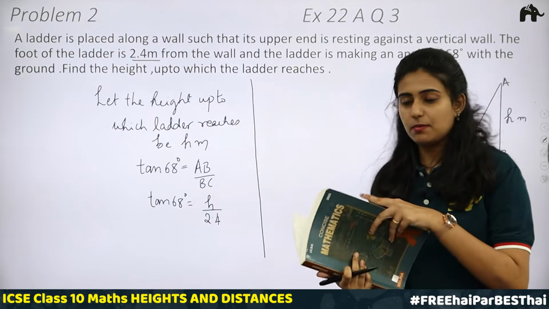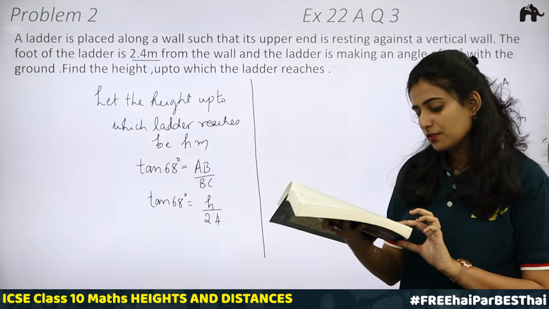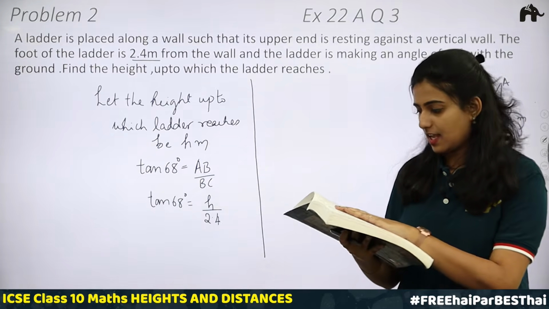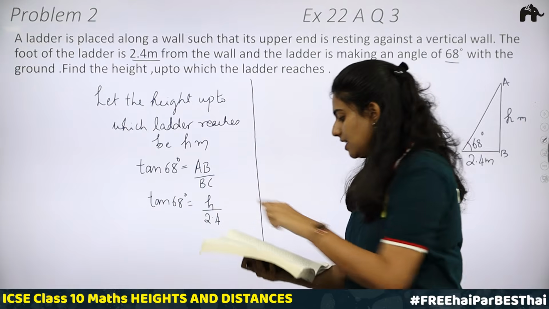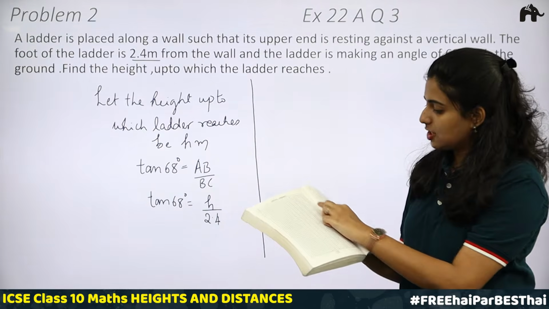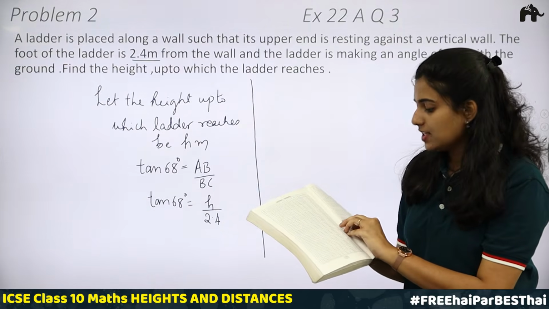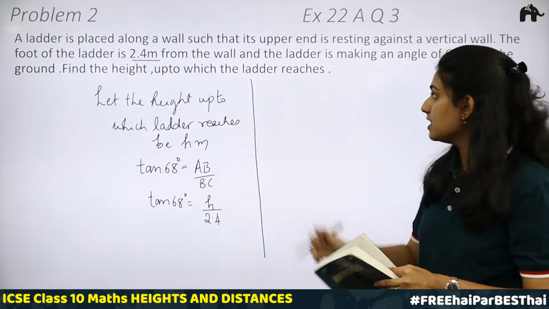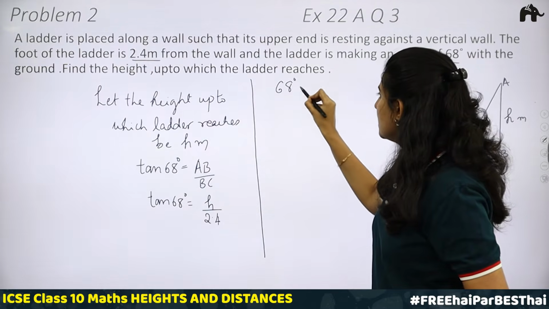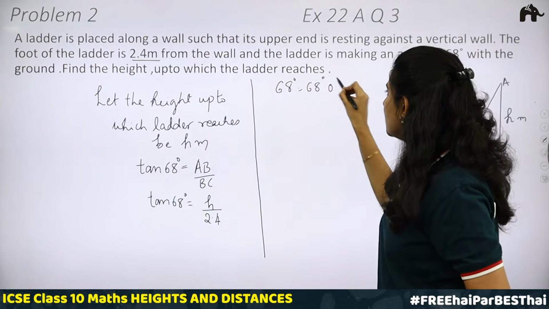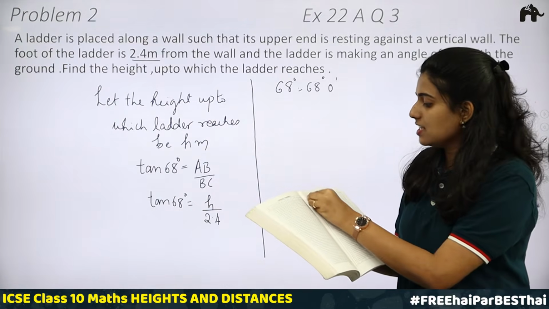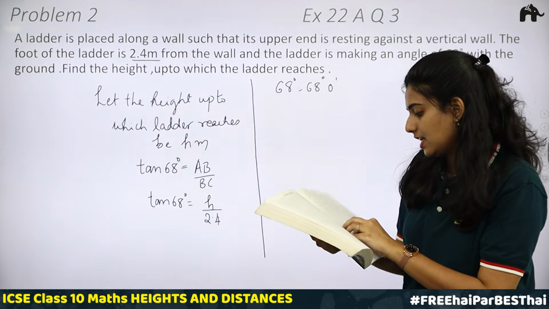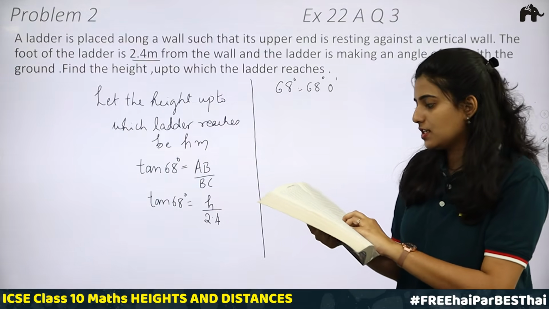So, in the Selina publications, page number 454, you have natural tangents, 454 and 455. So, we need 68 degree. Find the degree measure 68 degree. If it is 68 degree, it means 68 degree 0 minutes. Just consider the value which is given in the second column for 68 degree. 68 degree 0 minutes will be equal to